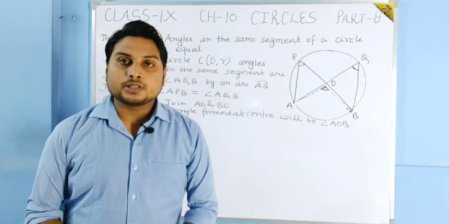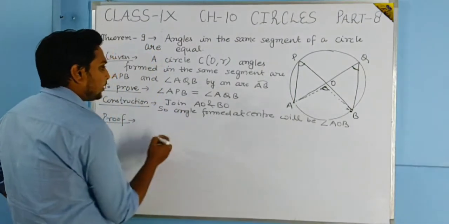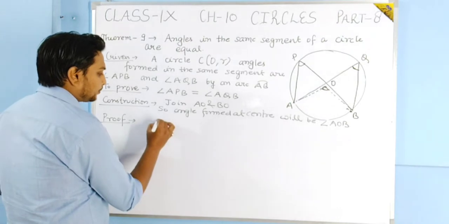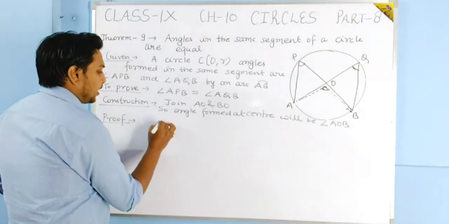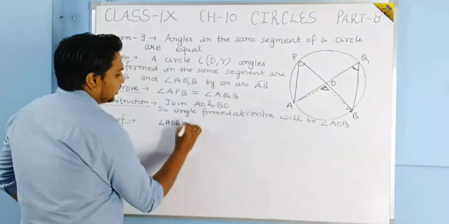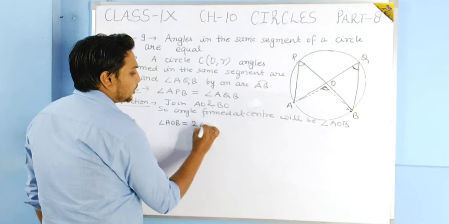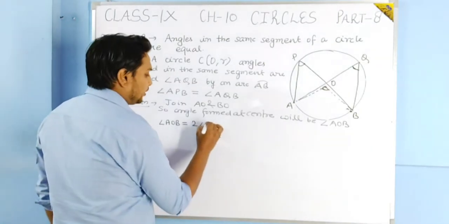So by that theorem we can write the angle AOB is equal to 2 times angle APB,